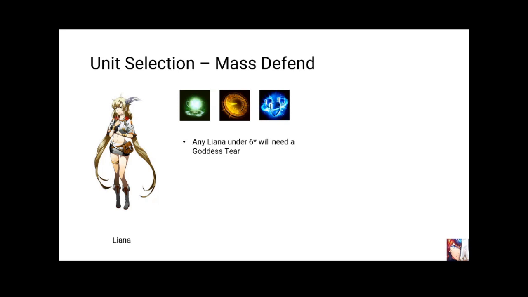So that's why you want both a Mass Attack and a Mass Defend, because if you have both immunity to defense and MDef down and attack int down, you're not going to be able to be affected by Whisper, which is important. So that's why you want a Mass Defend unit, and Liana's a very sensible one, because she has